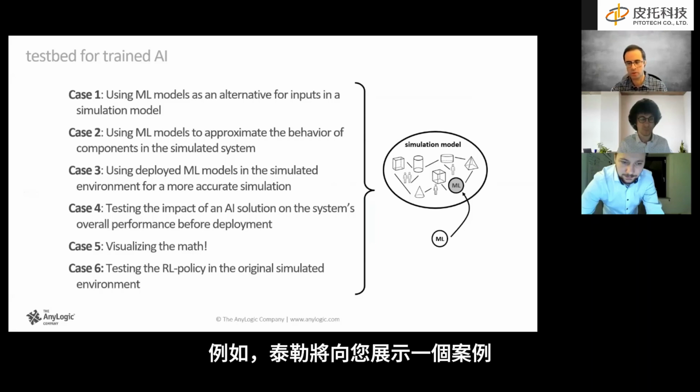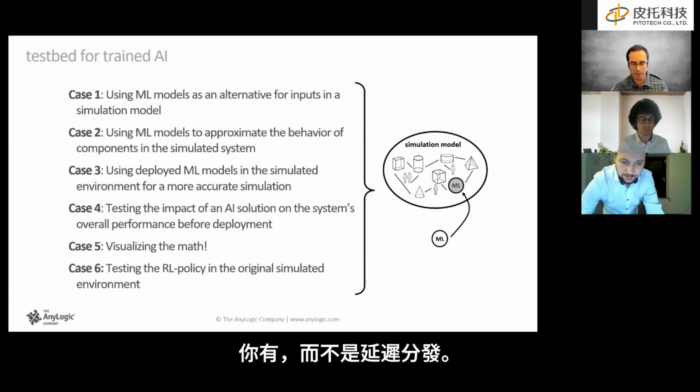For example, Tyler will show you an example where, instead of having a distribution in a delay when you wanted to capture the amount of time that an entity or agent waits in a specific block, you can use a distribution, say a random distribution with a triangular shape. But instead, you can say it's based on a predictive ML model that we train based on historical data. And if you're using agent-based modeling, you can associate it with the characteristics of the agent that comes and needs that prediction. So it becomes super useful when you're building multi-method models, which are the combination of agent-based modeling